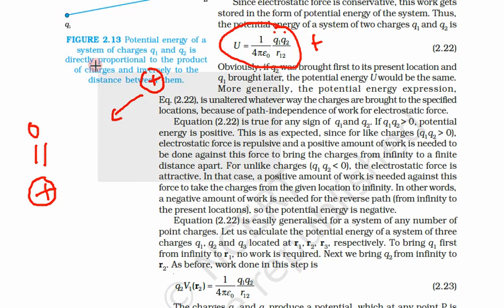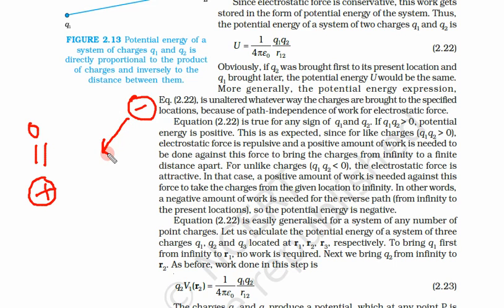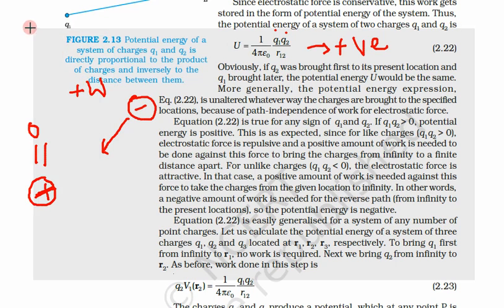Now let us see what will happen if there is a negative charge. For a negative charge we don't need to do work, it will automatically attract towards this side, hence work done is negative and potential energy must be negative. See, if Q1 is positive, Q2 is negative, this will come as negative. Similarly, if we take a negative charge here, and this one is also negative, then we have to do some work, work done is positive; negative times negative will also become positive. So this formula is true for all the cases.